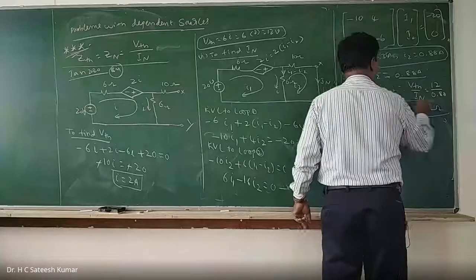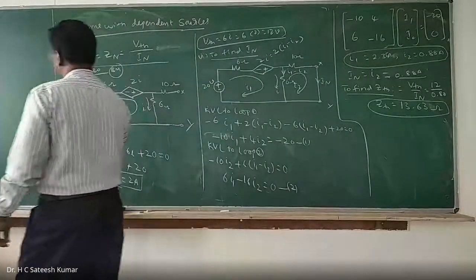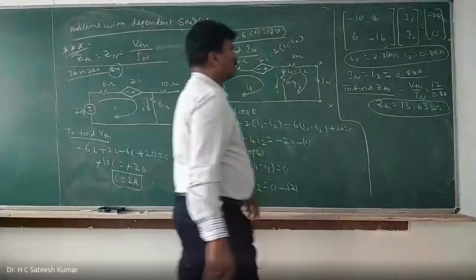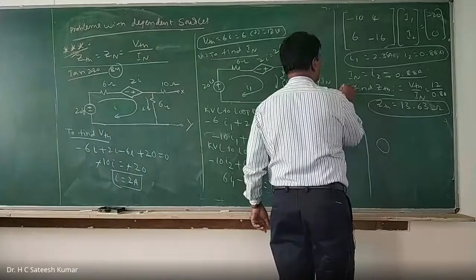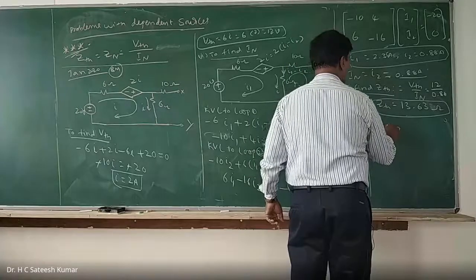Okay, right? So what is the question? Question in the examination is: find the Thevenin's equivalent circuit for the circuit with respect to terminals X and Y. Okay, right. Now what you should do? Thevenin's equivalent, you should write it. So this is the fourth step, Thevenin's equivalent.